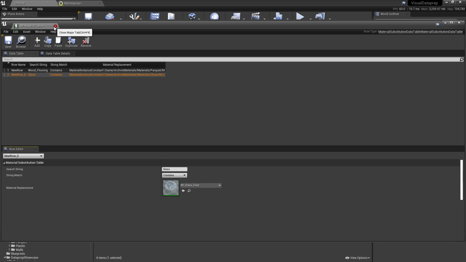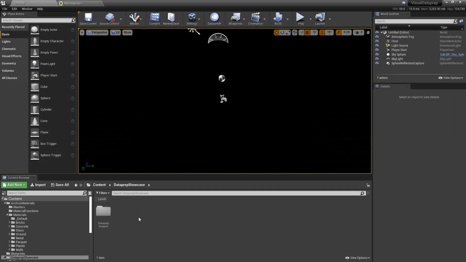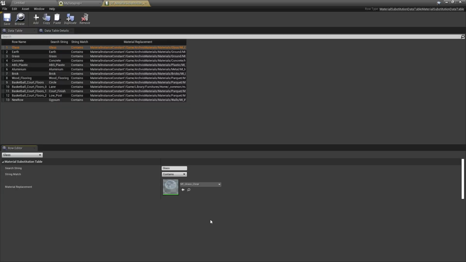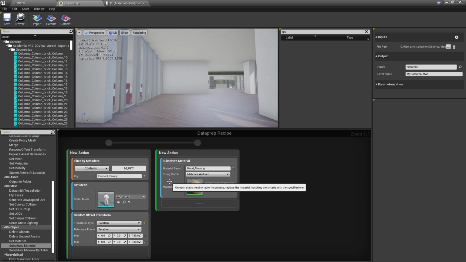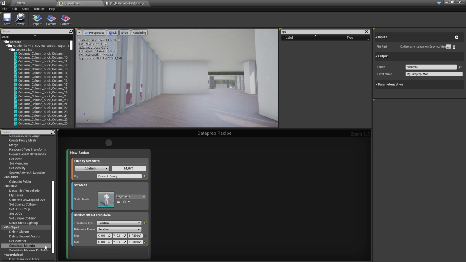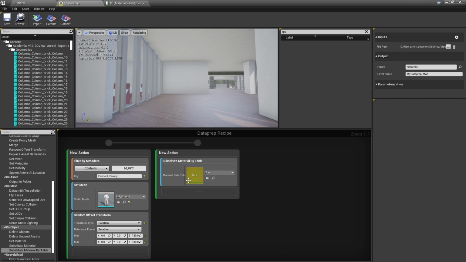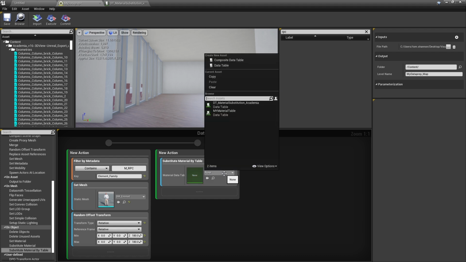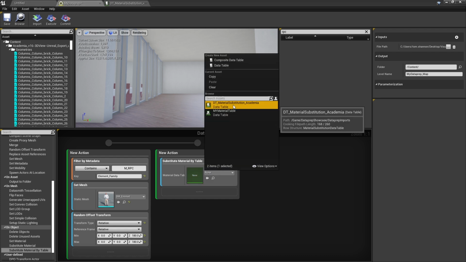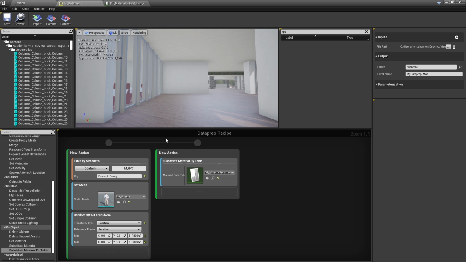Now I'm going to take a bit of a shortcut, and I've already built a data table here that you can see is a little more robust. I've got plastic, aluminum, brick, and there's a basketball court in here too that I've even gone and replaced some stuff with. So let's see how we can use this back in our data prep. I'm going to get rid of substitute material and instead use substitute material by table. And in this case, it's just going to ask for my data table, and I can just choose that data table we just looked at. And now when I hit execute,